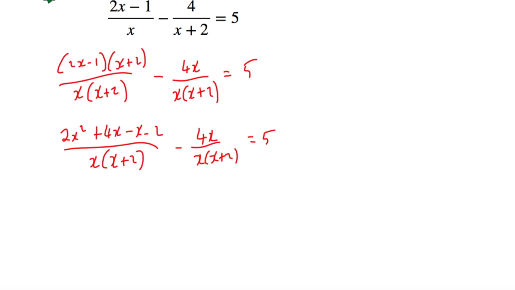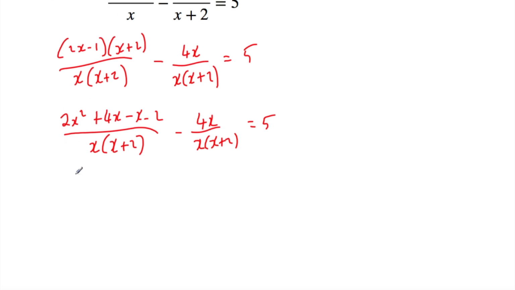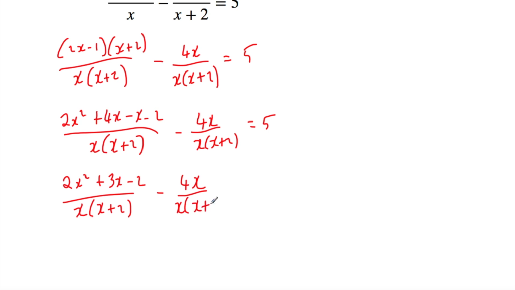Okay, let's simplify this numerator here. So in terms of simplifying this numerator, we'd have 2x squared. And then we've got 4x's, take away an x. That's going to be plus 3x's. And then minus 2. And that's over x bracket x plus 2. And then we're going to take away 4x over x bracket x plus 2. And that equals 5. Okay, so we've now got our two fractions with the same denominator, so let's take them